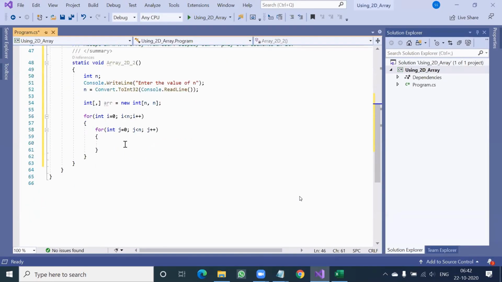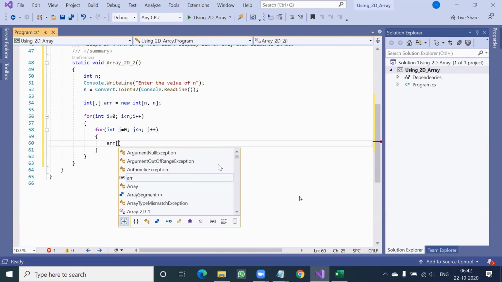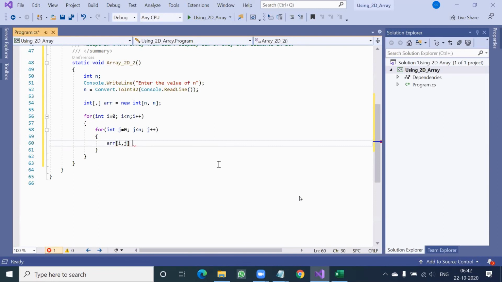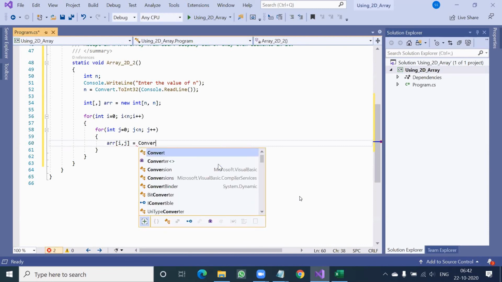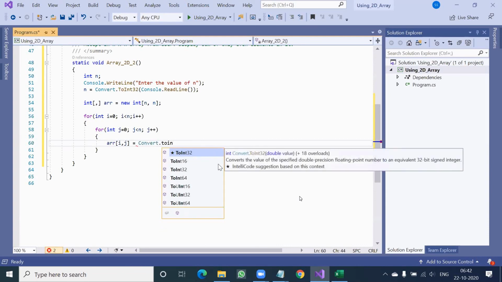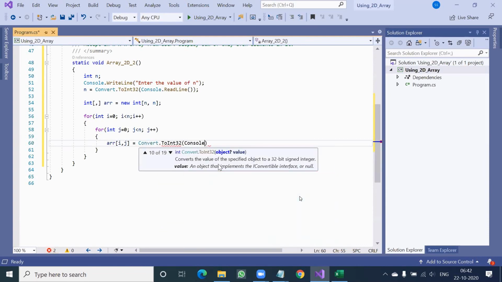So first is the accept part. Accept will be something like arr[i,j] equal to Convert.ToInt32 of Console.ReadLine.